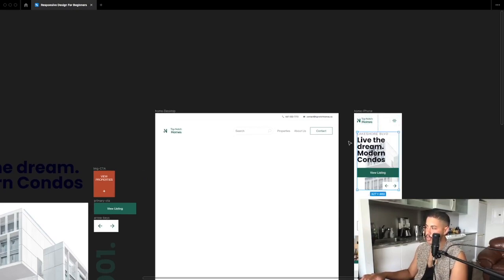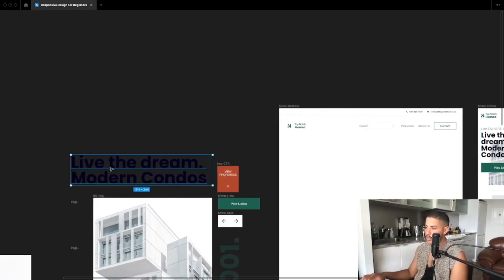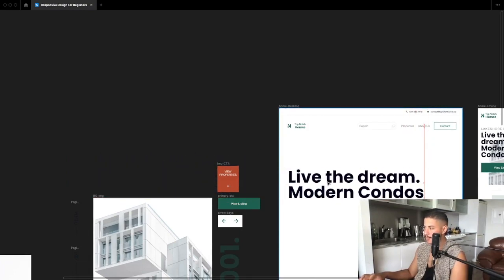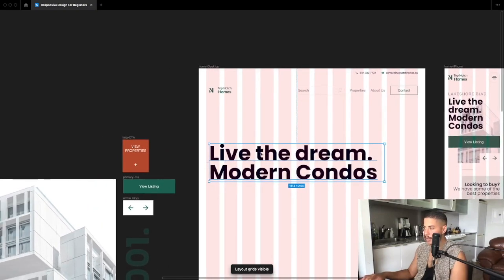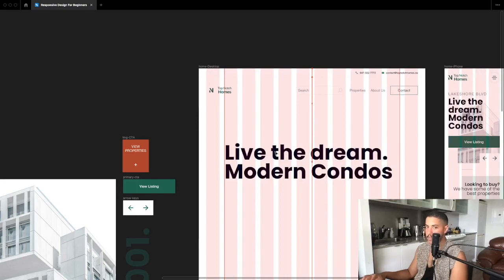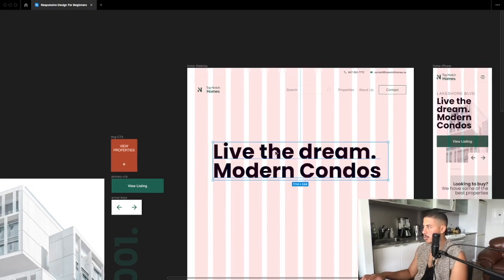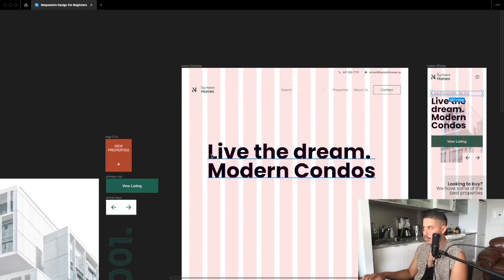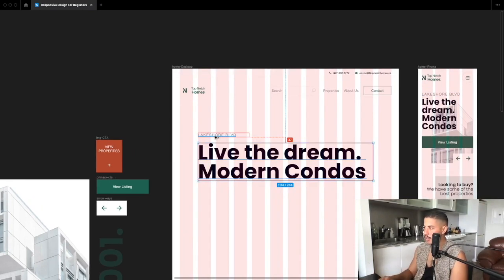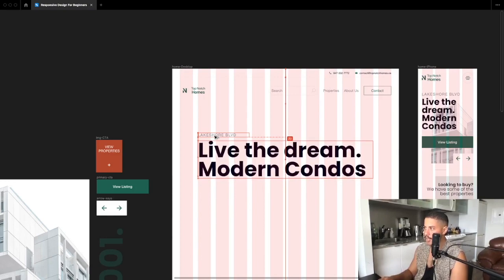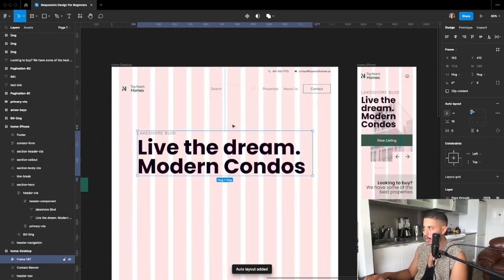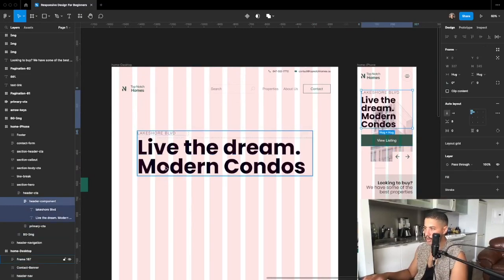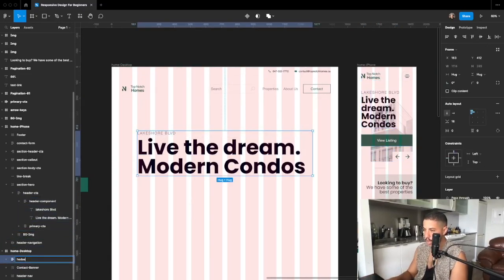So we need pretty much a bigger version of this header. So let's grab that. Let's hit Control G again, just so we can see our layout grid. Let's maybe toss it a bit in the middle of the screen here, a little more centered. Let's grab this secondary or subtitle. Let's have it a little further away from it on desktop, maybe 16. We got more space. And now let's put these both, Shift A, in an auto layout frame, and we called this one header component. Let's call this one as well header